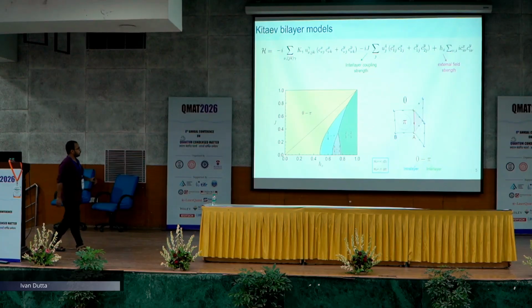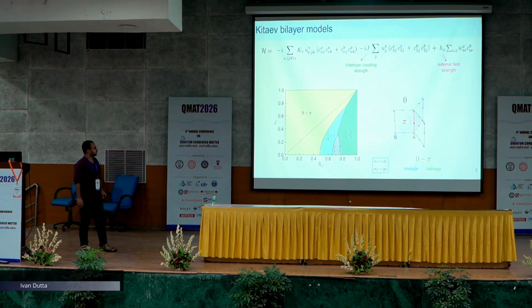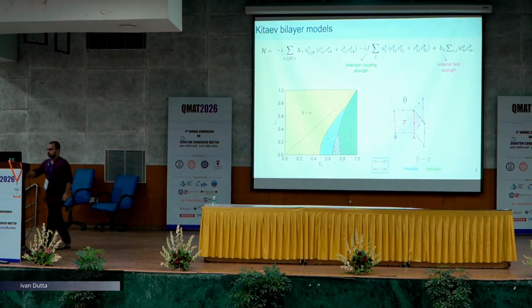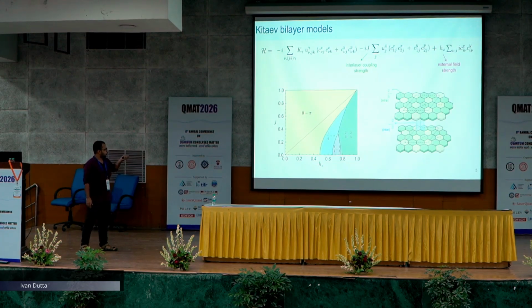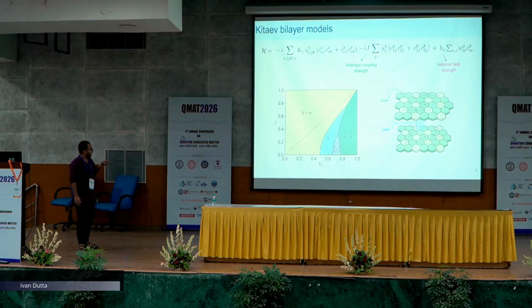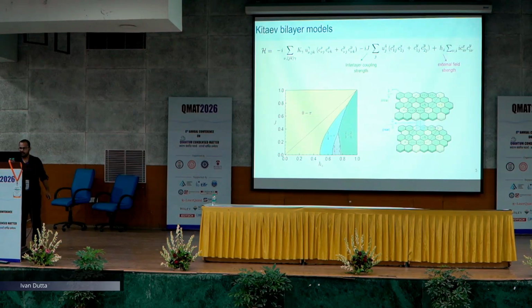If we do this, we get a very beautiful phase diagram of flux crystals, where by changing the inter-layer coupling strength and the external field, we can get different flux crystals. The first index is my intra-layer index, that is a 0, and the second index is my inter-layer index. So what this implies, if you see the last, the two-third phase, then the first 2/3 means that 2/3 of my honeycomb plaquettes are in the -1 phase, and the second 2/3 means 2/3 of my square inter-layer plaquettes are in the pi flux phase.